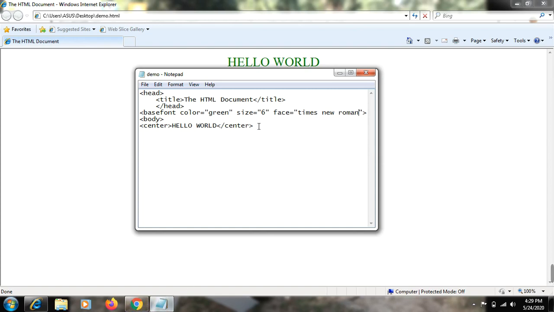Okay, so let me give you an example here. Again we are using the font tag, and after the font tag we are giving something, let's say we are writing how are you, and we close the font tag, and let's see what happens. So here the color is blue, size is 5, and it is Arial. You can see the hello world is not written inside the font tag, so the base font settings will be applied, and how are you is written inside the font tag, so it will override the basic settings of the base font tag.